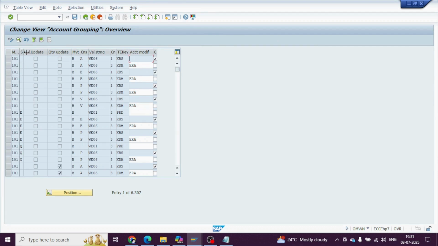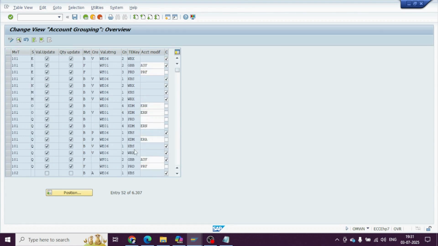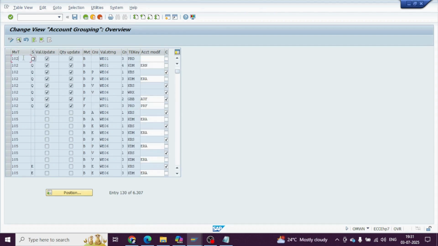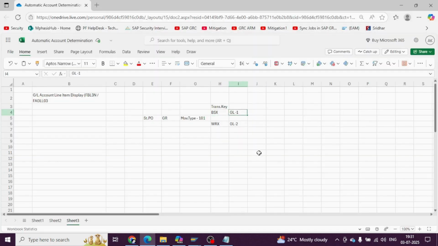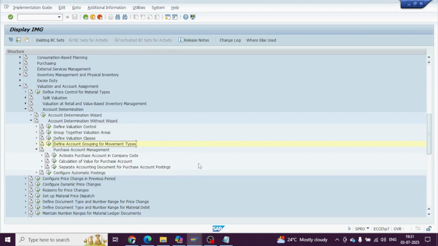Here you have these movement types, 101, the same movement type. You have these value strings, and you have these transaction event keys: BSX, KDM, PRD, price difference. Like that, you have all the transaction keys here which are relevant for these movement types, and it will give you the transaction key. Once you get this transaction key, there is one area in the system where you attach these. For example, if you go here,